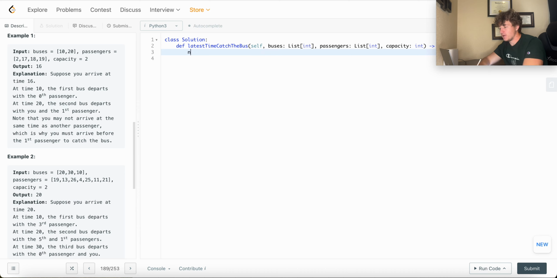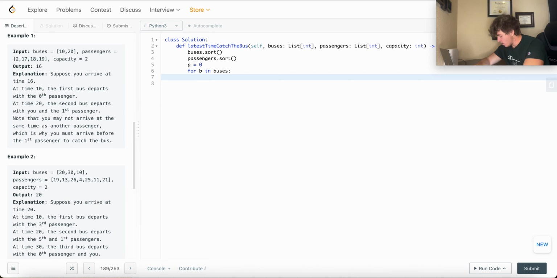Okay, so the first thing we have to do is sort buses. The next thing we have to do is sort passengers. And then the next thing we have to do is we have our passenger index here starting at 0, and then we're going to look at each bus. It's literally the same thing I wrote, right? That's the beautiful thing about Python. It's pretty much pseudocode. For B in buses, we're going to say,